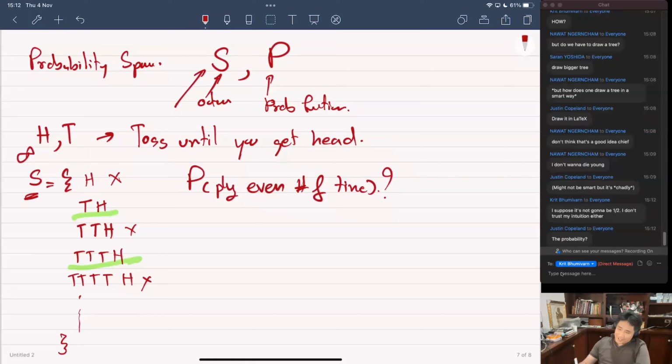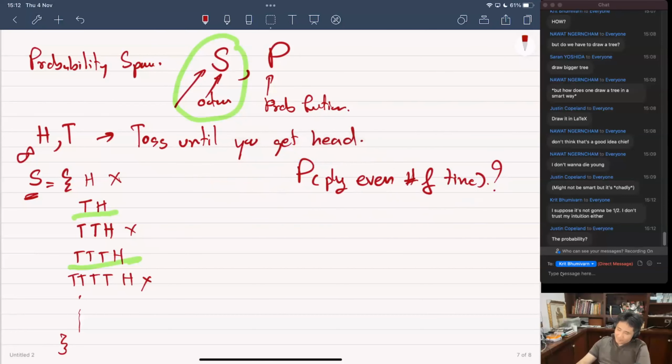You need the associated probability, right? Remember, if you try to calculate something, the sample space is not enough. You cannot just count the outcomes and then divide by the total number of things in the set. It doesn't work that way. You need the associated probability. So let's find that out.